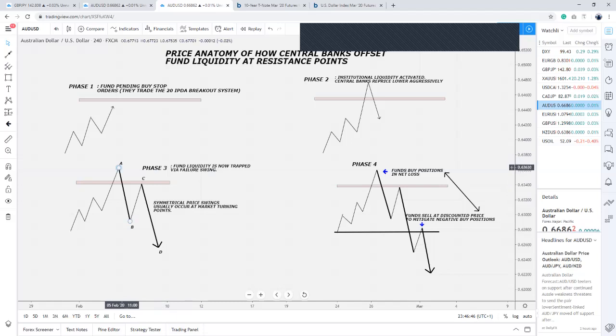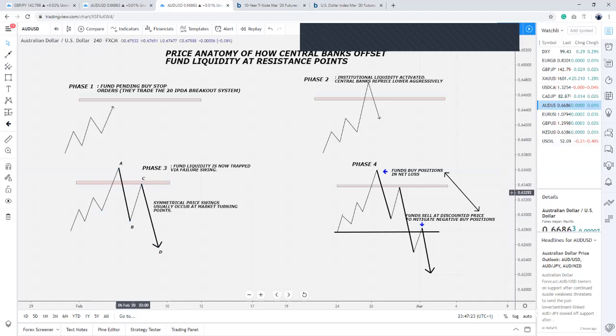So fund level liquidity is now trapped, and then the market would seek to make a measured move. So measured move meaning the distance from A to B would be the distance from C to D, which is your symmetrical price swing. So price is going to trap fund level liquidity, trade to the downside. Price is going to trade back up to mitigate central bank buy positions, that central bank mitigation blocks. Okay, so probably they bought the market around this level, or they're moving price back up to a premium level again to